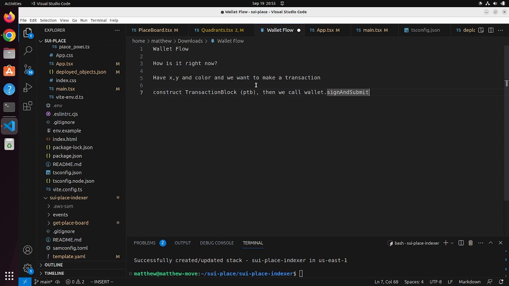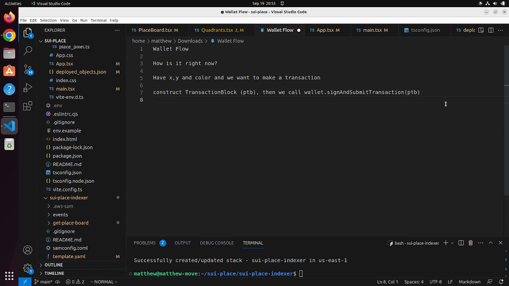submit transaction. I actually forget if it's called sign and submit transaction, but it's something like this. And we just call some function that Ethos gives us. Here's what happens behind the scenes. From our perspective in the code, we're passing it this PTB, and since it's a function of wallet, it also has access to our key pair. So this wallet.sign